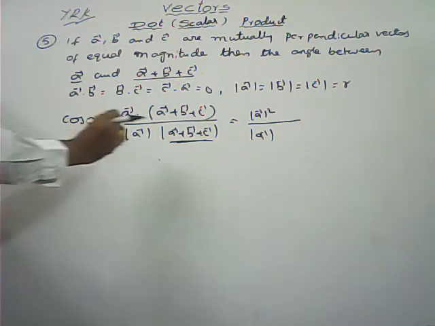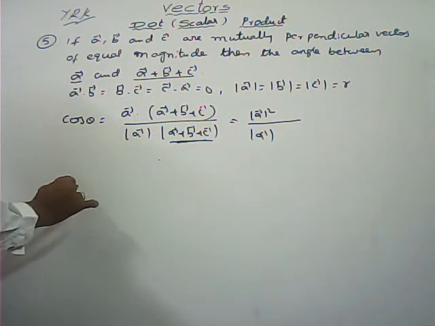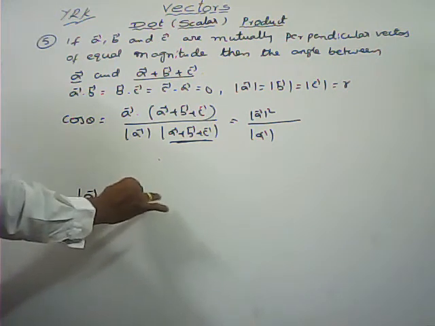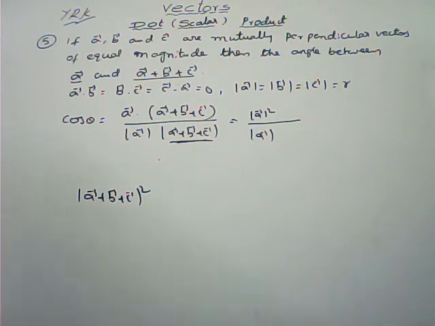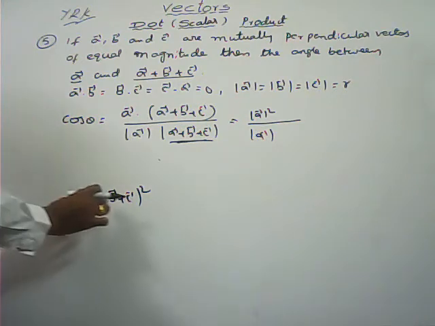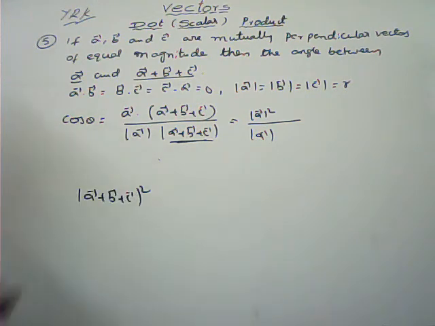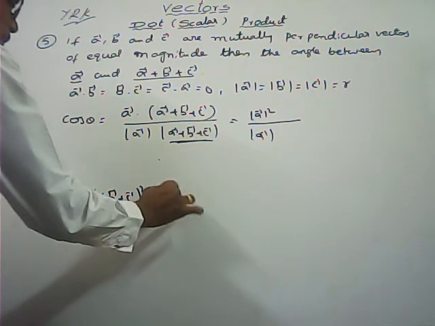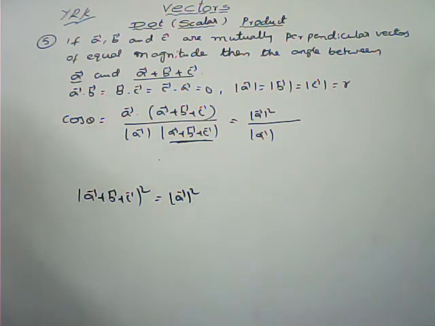So, this one you can find separately. Modulus of A bar plus B bar plus C bar, I am taking whole square. So, modulus of A bar square we can write A bar dot A bar, that is modulus of A bar square only. So, A bar plus B bar plus C bar dot A bar plus B bar plus C bar, by taking the dot product we can get it. We can expand like that only. Previously we have done the same, we can expand here also.